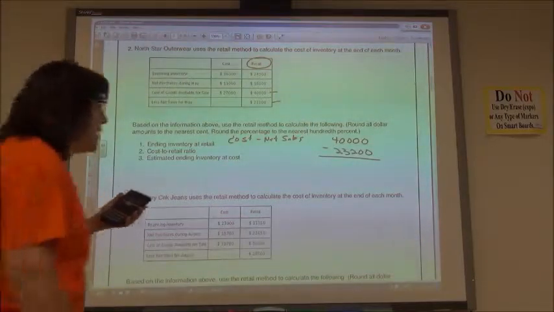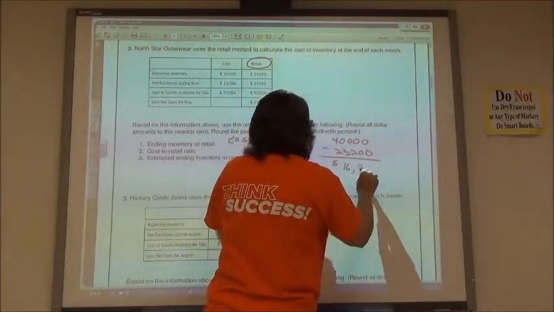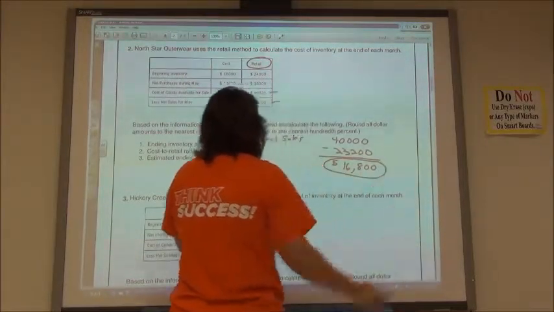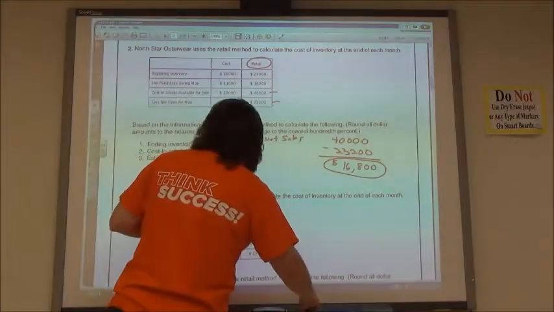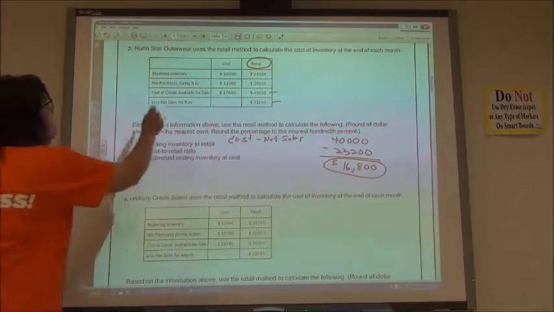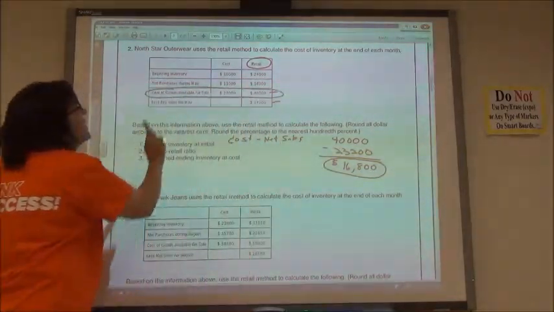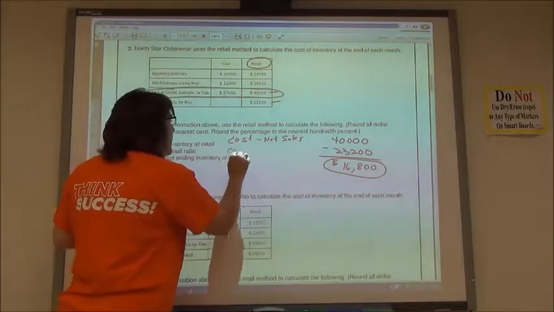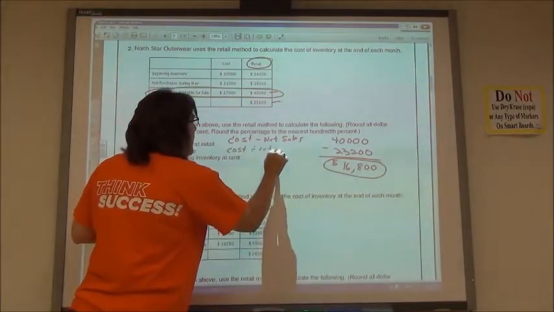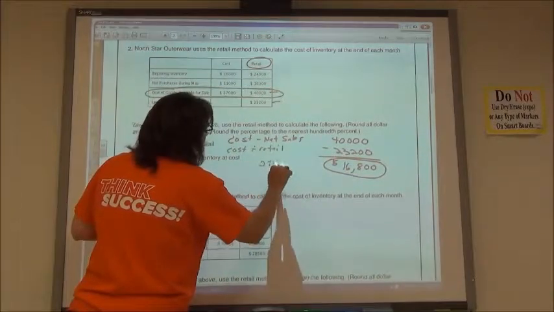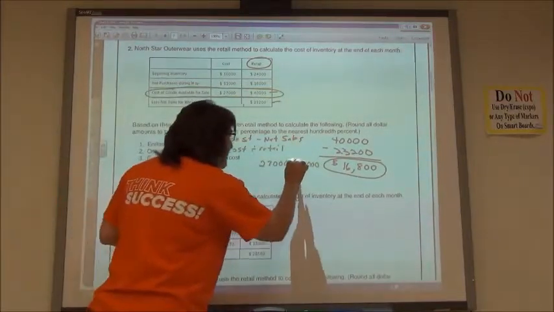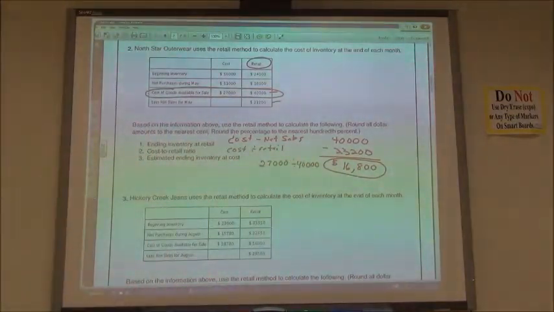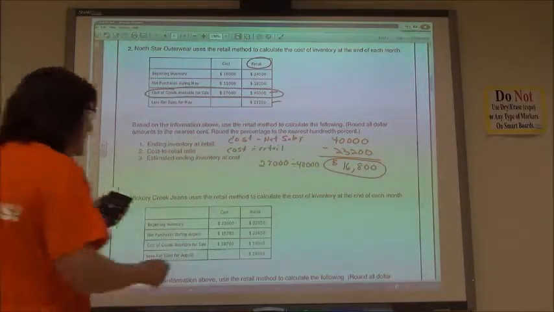If I subtract it on my calculator, I then get $16,800. So the ending inventory at retail, $16,800. Number 2 wants us to do the cost to retail ratio. So we're using these two values. We're dividing the cost by the retail. And so we're taking the 27,000 divided by the 40,000. So 27,000 divided by 40,000 gives us